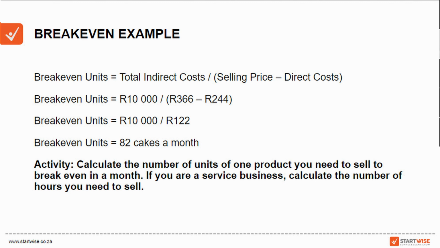But what you can do while you're calculating this is actually play around with your selling price. So, you know, you might say, okay, I'm not going to use a 50% mark-up. I'm going to use a 75%, and see how that brings down your break-even units. So let's say Themba sold his cakes for 400 Rand. He might only need to sell 60 cakes a month or 40 cakes a month.